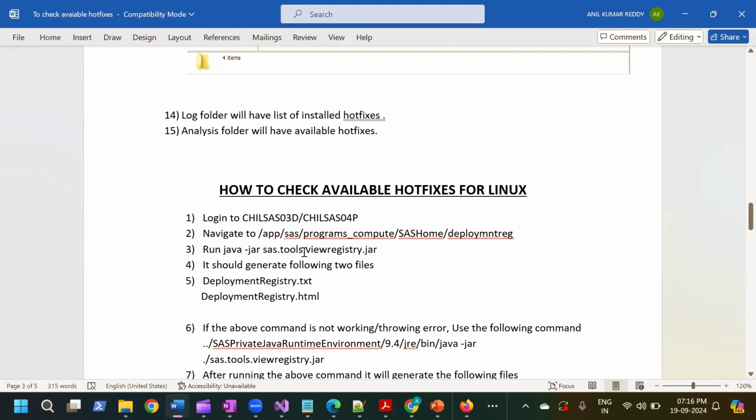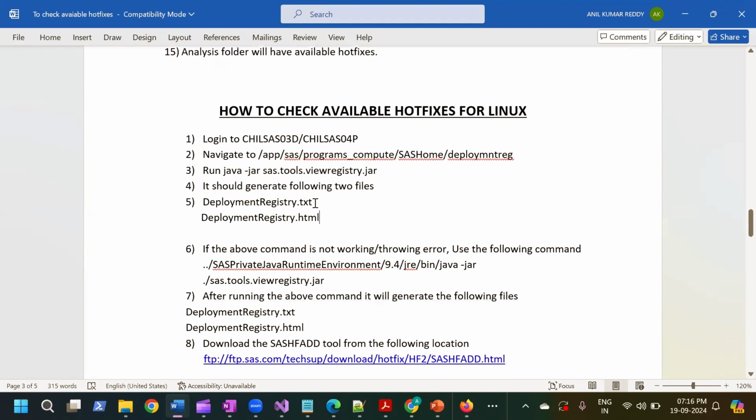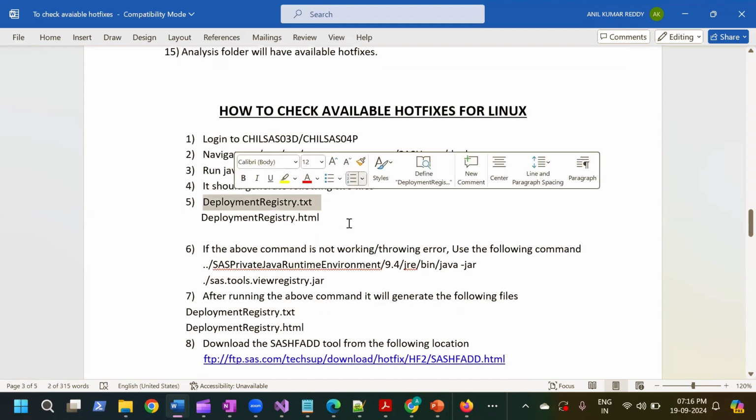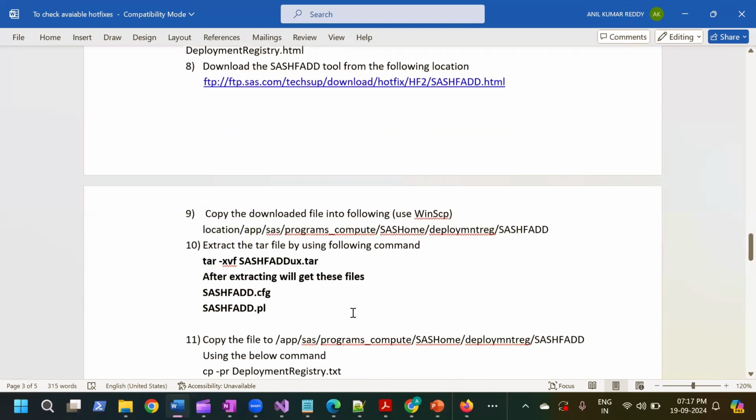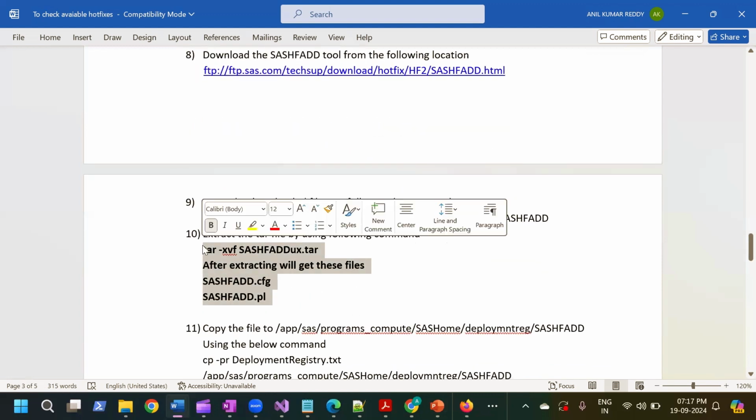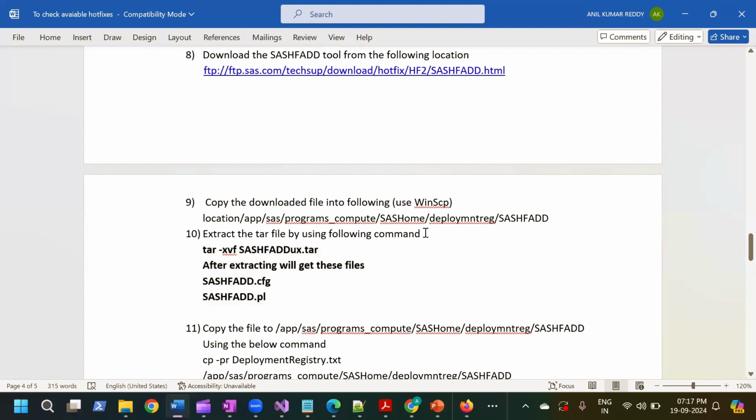you need to run the script. It will generate two files. One is a text file, one is an HTML file. The deployment registry is the same. Then you need to copy the text file. Anywhere you need to work with text files only. You don't need to work with HTML. So once you copy the text file to the hotfix download report,